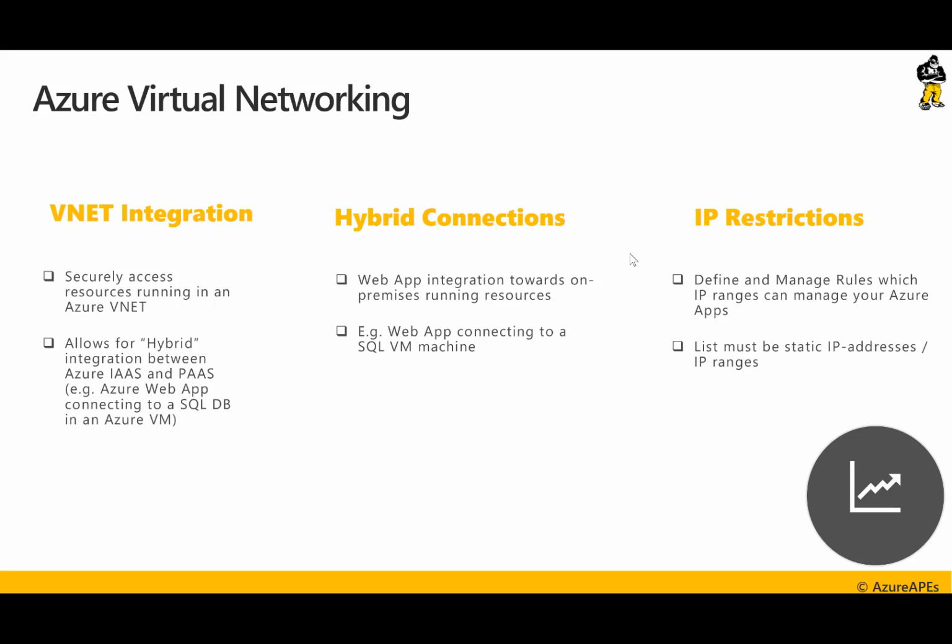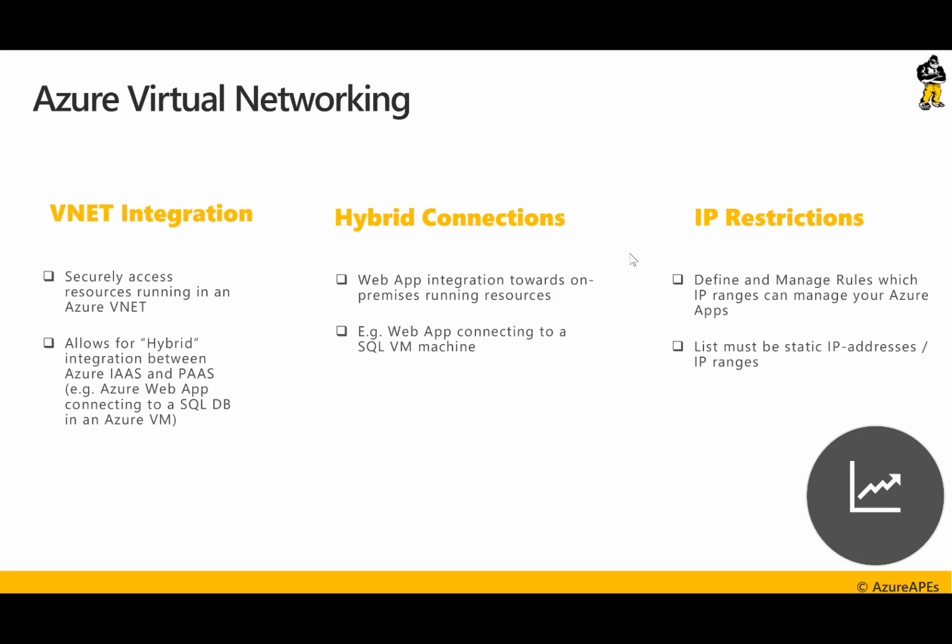What it allows you to do is building out hybrid connections, where hybrid can be between IaaS and PaaS. For example, an Azure Web App connecting to a SQL database in an Azure virtual machine, or even hybrid in an on-premise scenario, where a SQL database or any other data source, if you want, is running on premises,